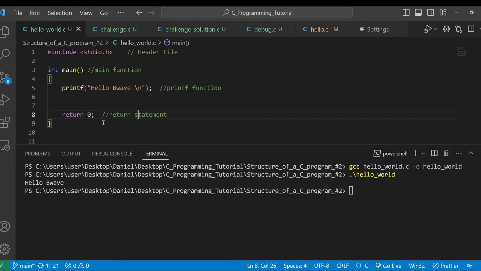Just take it like it's returning 0 errors, and then if there is a problem, it's going to return with a status of 1, meaning there's an error. So 0 for no error, 1 for an error. For now, just take it like that. Later on, when we talk more about functions, we'll explain why we have ints here and how these return statements